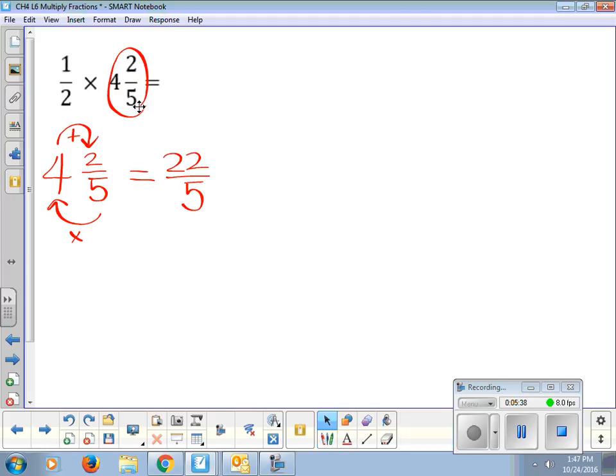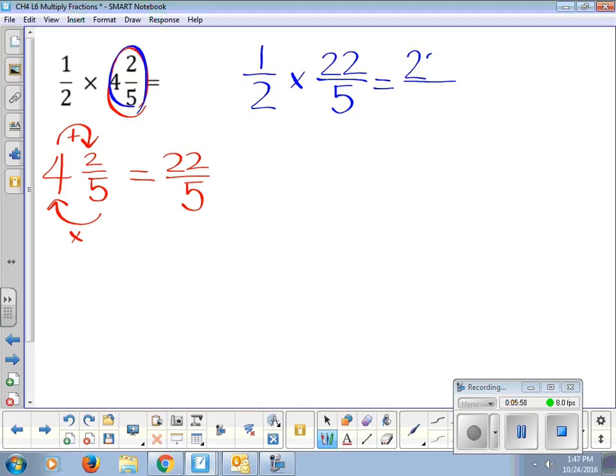I'm going to rewrite my problem. I have 1/2. Instead of 4 and 2/5, I'm now writing 22 fifths. And I multiply my numerators. 1 times 22 gives us 22. And 2 times 5 gives us